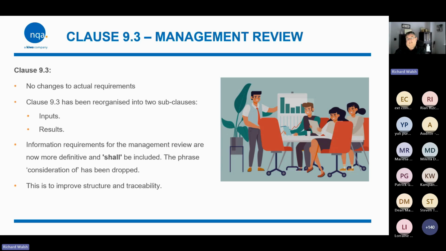It's not really made much of a difference. If you read through the standard itself, if you read through clause 9.3, there are no changes to the actual requirements now. Clause 9.3 has been reorganised into two sub-clauses. It was before, but it was all part of the same clause. They've literally now just stuck it into two separate clauses. So there's inputs to the management review and outputs from the management review, or results is the term that the